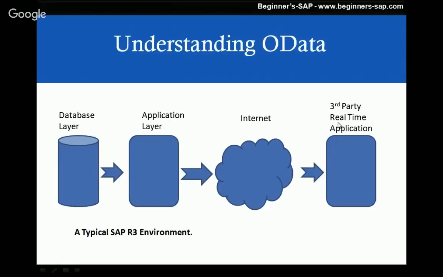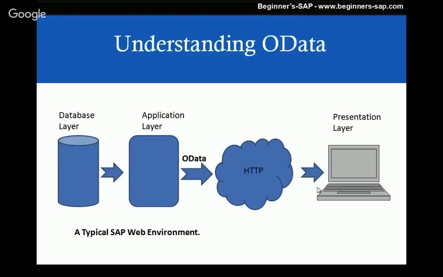This is a third-party website. It is not an SAP-owned website, and it can be accessed by just typing www.yatra.com. But we want to show all our database information, all my ticket information, on their website. So that has to go through the internet. Unfortunately, through ABAP we cannot send that data out to them in real time. I can send an ALE or an IDoc, but we cannot do it in real time. So for that, we have a concept known as OData.